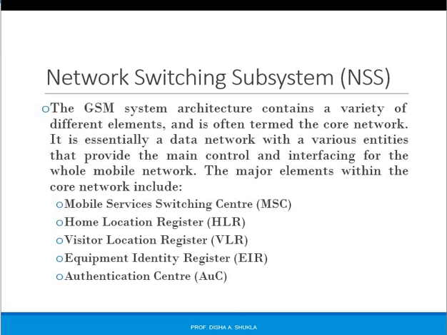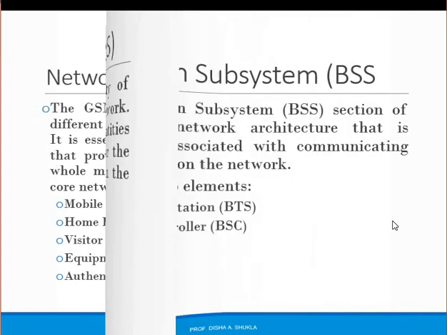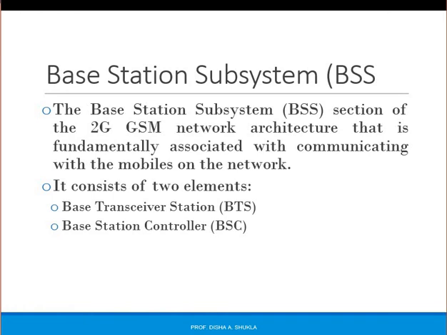These entities were the main ones used within the GSM network. They are typically co-located, but often the overall core network is distributed around the country where the network was located. This gives us some resilience in case of failure. Although the GSM system was essentially a voice system, the core network was a data network as all the signals were handled digitally. Moving further, the next part is the base station subsystem.